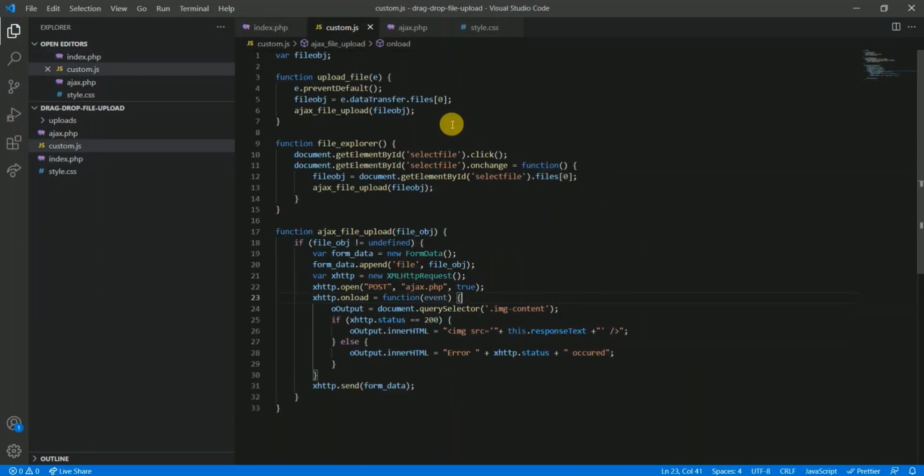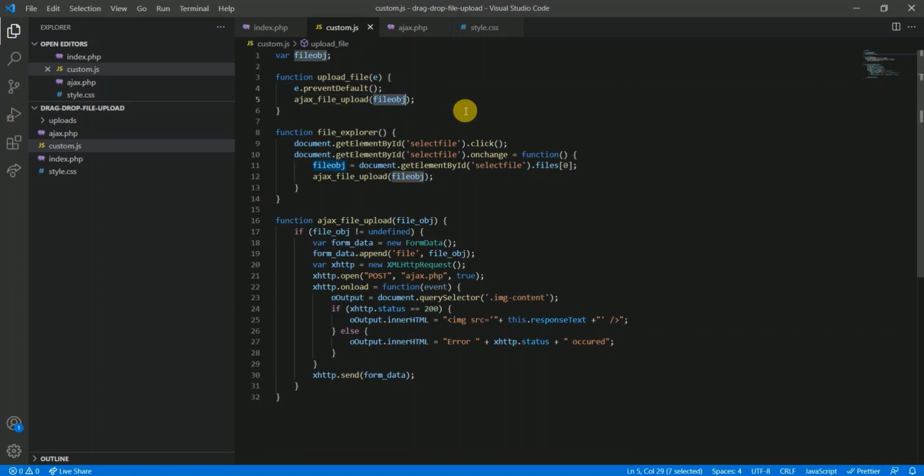Now in this method we have selected, we get the content from the uploaded file, but when we upload multiple files we don't need this one. Instead we will provide all uploaded files using the files method, e.dataTransfer.files.